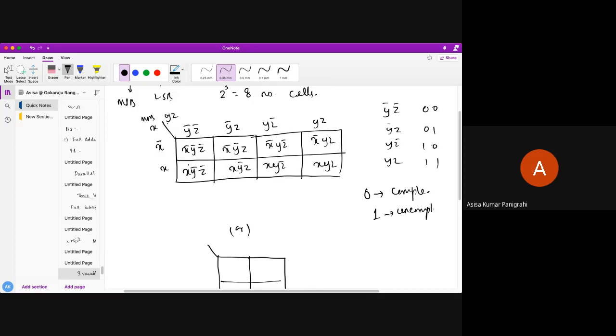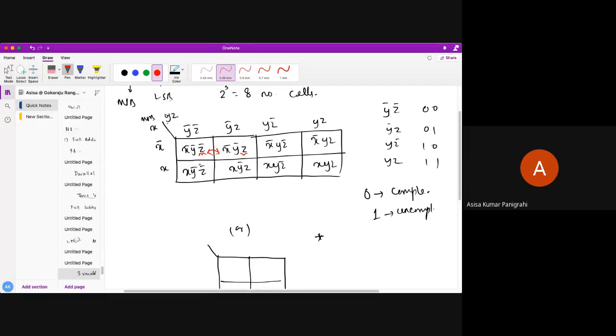Before that, we need to know one more important concept over here. What is the concept? All of you know that each minterm should be adjacent to each other. What is adjacent? There will be only one variable change. Either z will change between z bar and z, or y will change between y bar and y, or x will change between x bar and x. So here you can see these two are adjacent. Only one variable changes, that is z. The other two variables are as they are.